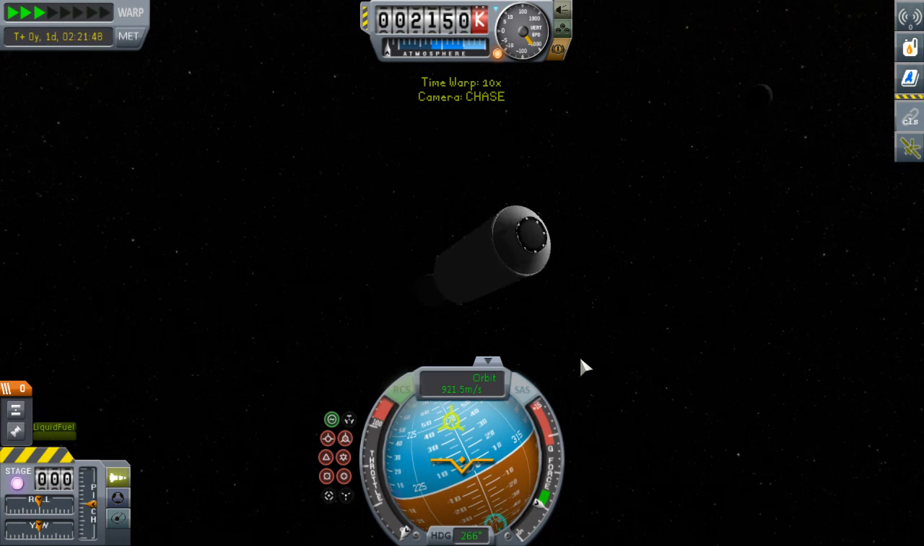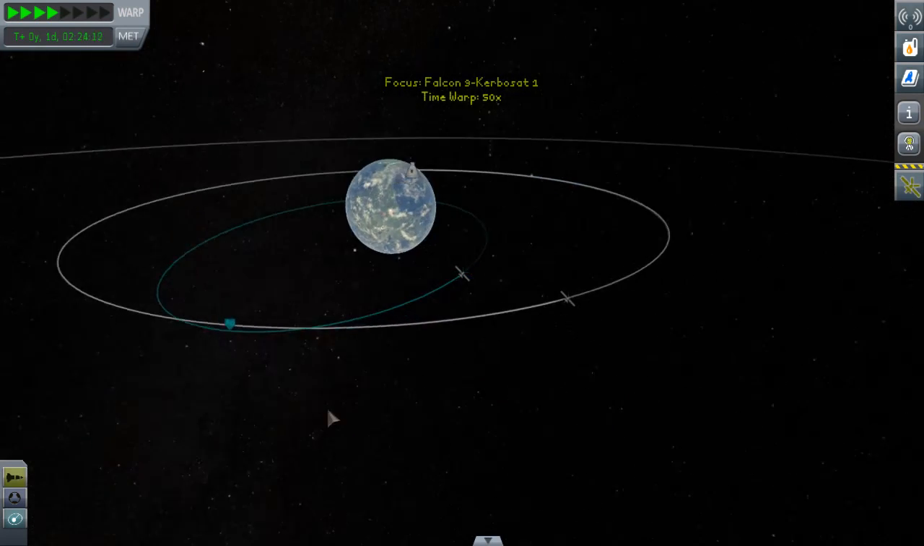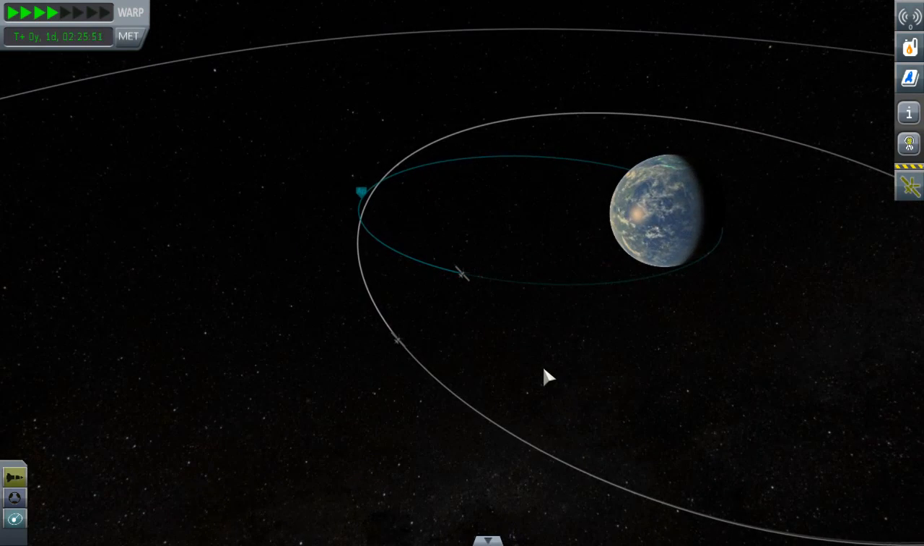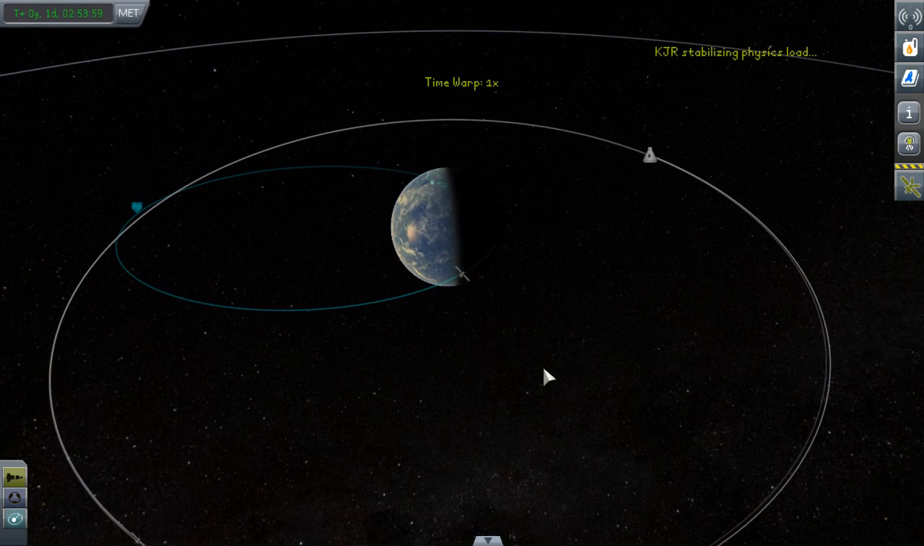As we fall back to the atmosphere of Kerbin, and hopefully burn up over water,